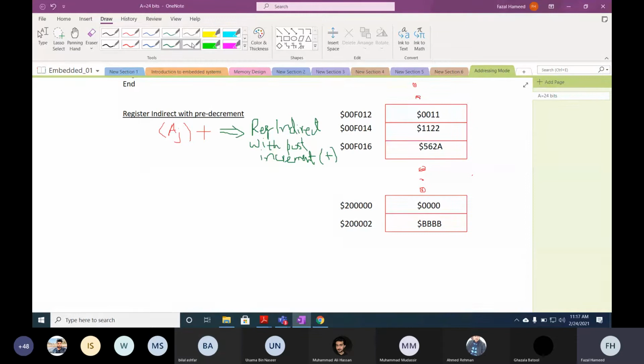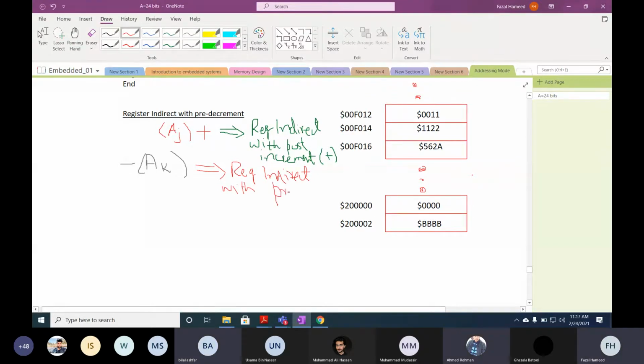If we want to represent register indirect with pre-decrement, we write minus A. So this addressing mode is register indirect with pre-decrement.